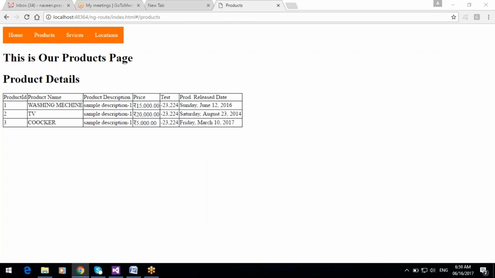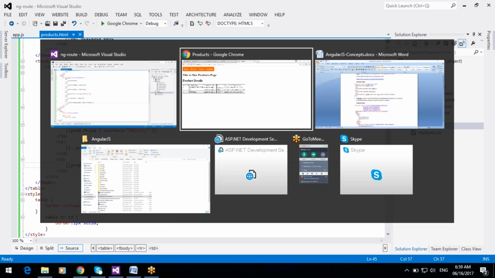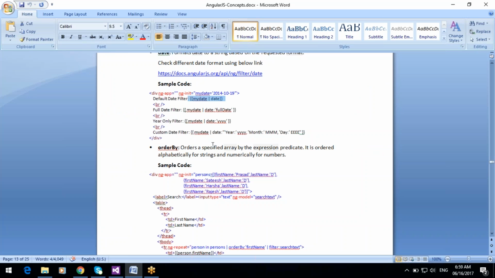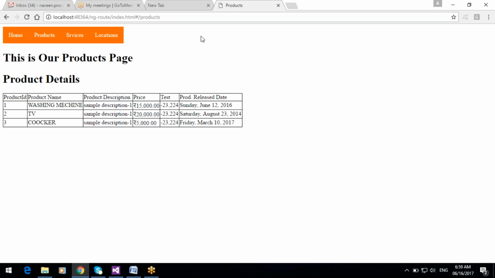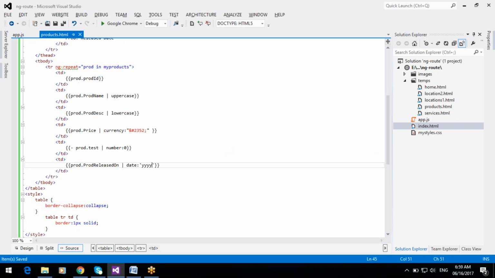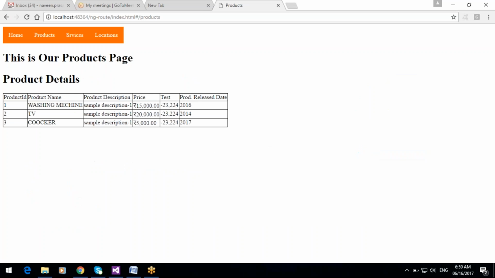And if you want to display only the year, you can use the year format. Only 2016, 14, 17 is displayed. If you want to display only the date, use DD.